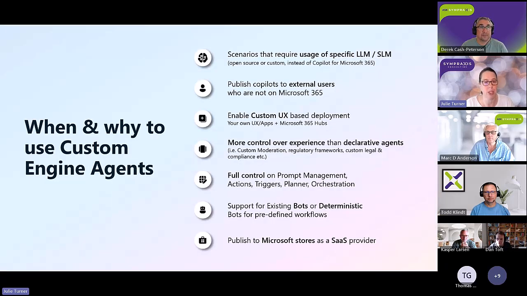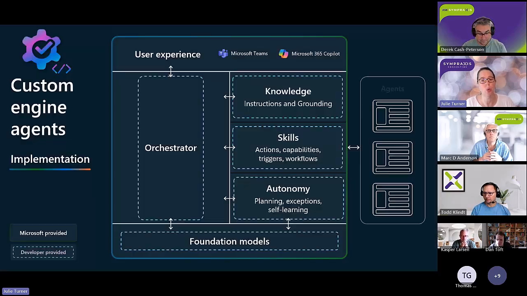And then the custom engine agents, again, I'm just going to build this slide so you can see all the bullet points for later. You can go back to the video, pause on here and look at them all. Essentially, that's when you want control of the whole thing. You want to, with code, write your own orchestrator. You want to use some other foundational model that isn't one that Microsoft offers, or is a custom one that you've built, or one of the small language models, whatever it might be. You get to choose what model that is. You get to choose whether you use an orchestrator that's been built by the community or you write your own orchestrator or whatever you do.